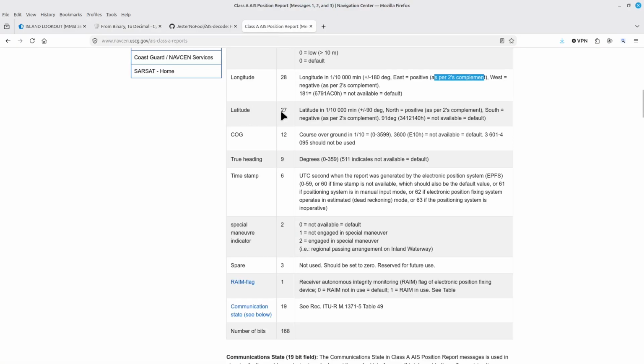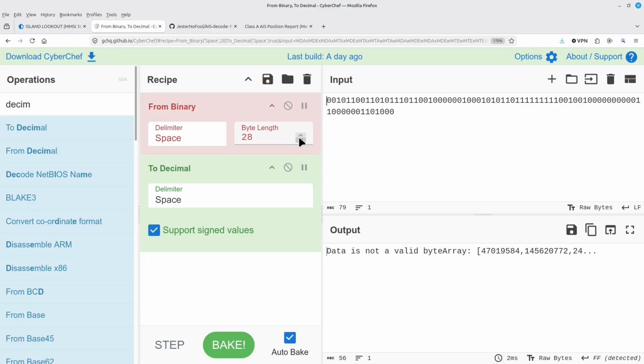Because the next one is latitude, but it's only 27 bits. I'm going to take this and say 27. Notice that that first bit is a 0, which means it's positive. I don't need to do the subtract 2 to the 27th in this particular case.